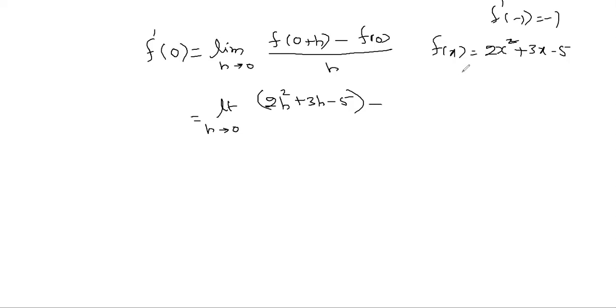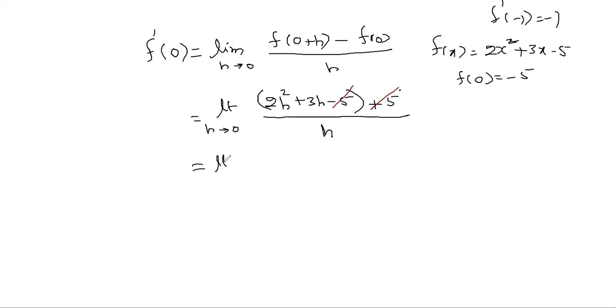Minus f0. F0 you can find from here also. F0 means the value of the function at 0, that is equal to minus 5. So here minus minus plus 5. Okay, remember I am writing directly plus minus. So this minus 5 and plus 5 will cancel. So we get